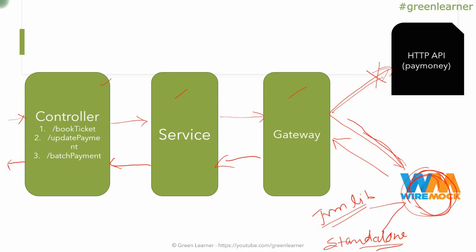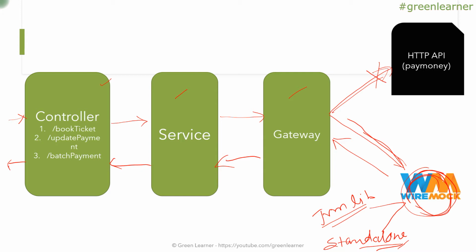The benefit of this is that you are not actually calling the actual API, so you save the money it charges and avoid actual network failures, and this standalone server is running on your own machine, or in your in-house server, right? Those failures have less chance of coming. That is why standalone servers are very useful for writing end-to-end testing as well as unit testing, so that we can use it as per our own convenience, right?